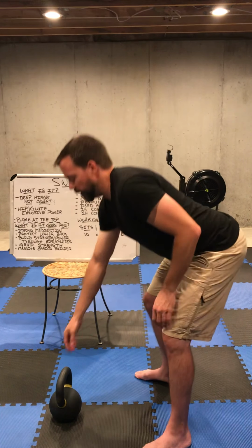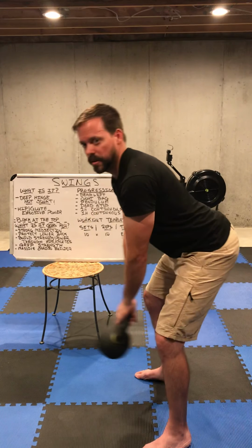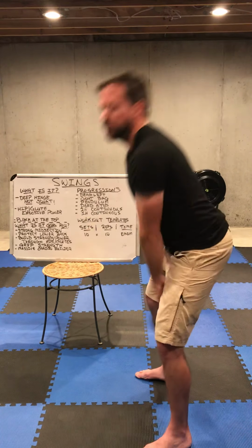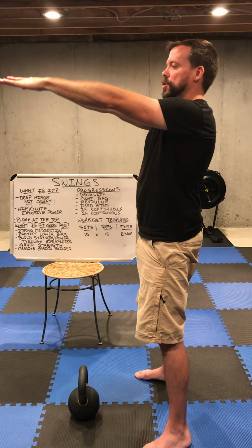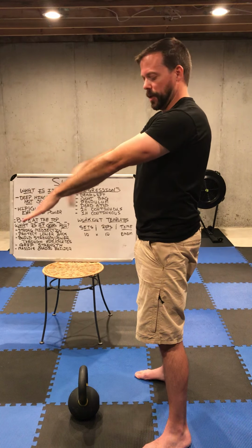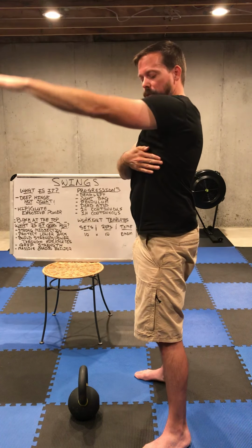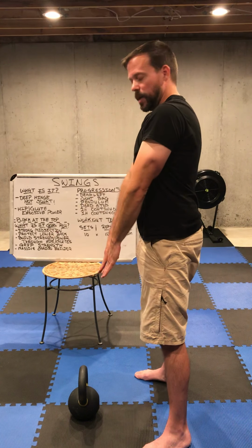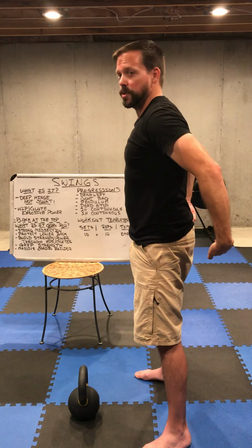The reason I do that is that a lot of people, they want to resist. You want to resist that kettlebell. They're trying to hold it up there. They're trying to resist it. But what you want to do is you want that kettlebell to come down, down, down, down, down. This part of your arm, your tricep, is going to start to connect with your rib cage. Right about here, when the kettlebell gets here, then you're suddenly going to shoot those hips